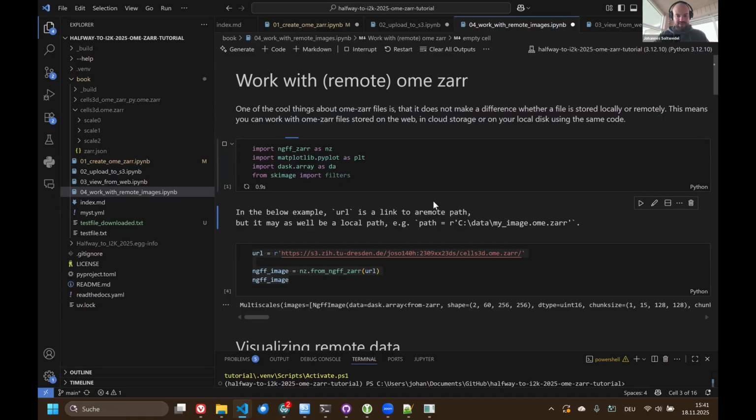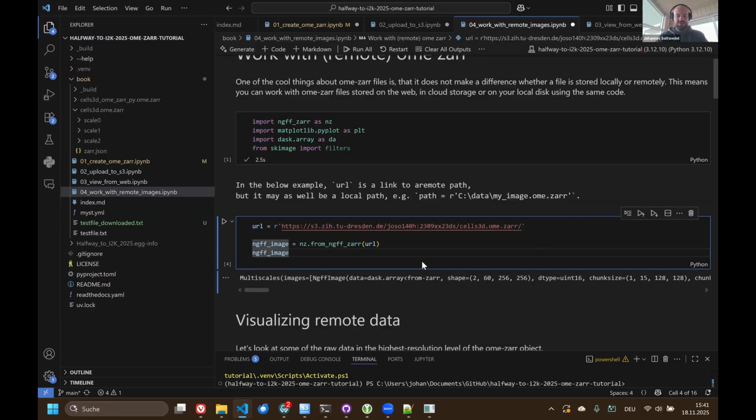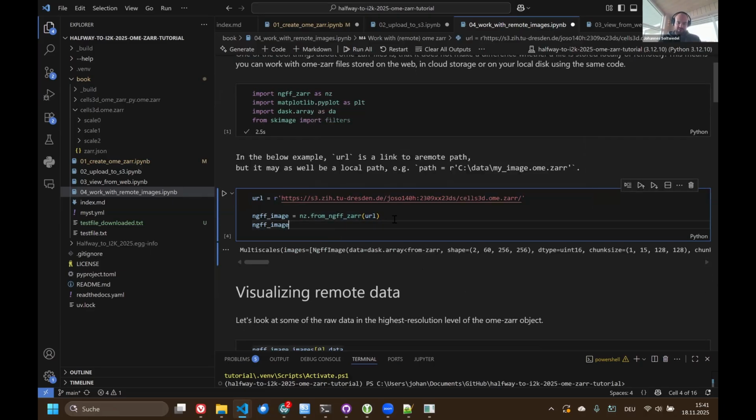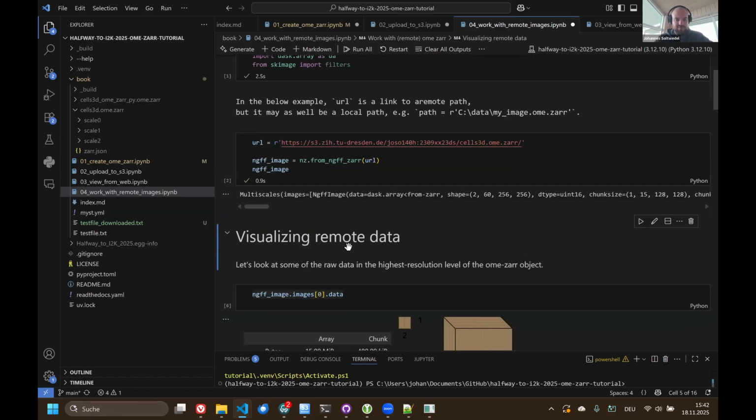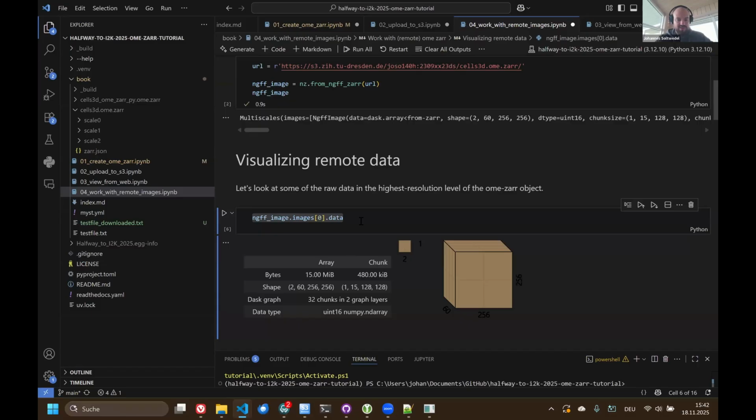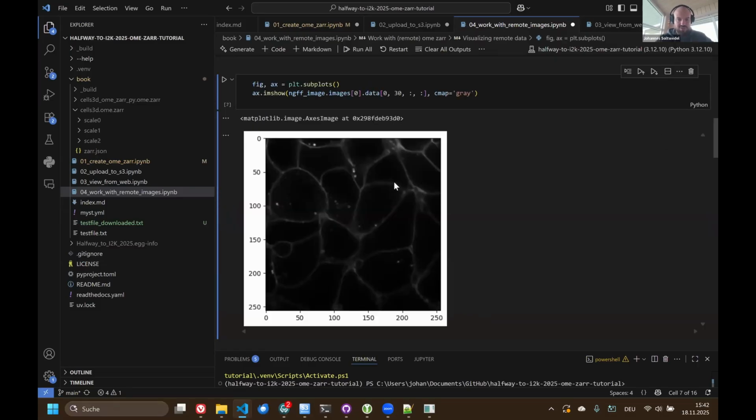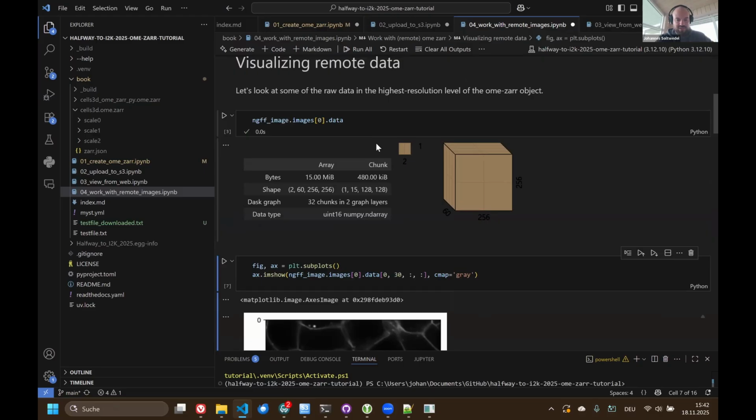So let me import a bunch of stuff. And let's load the image with this package called ngff-zarr again. In this case, the path that you pass to from_ngff_zarr can be a URL on a remote storage, but it can also be a path to your local file folder, whatever. It doesn't matter. If you run it, okay, cool, you get these multiscales objects from before. If you inspect the multiscales, let's look at the first one and the data property,